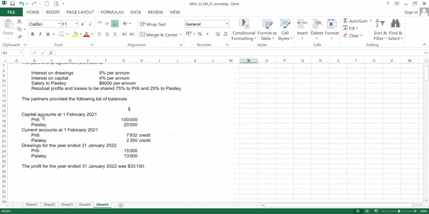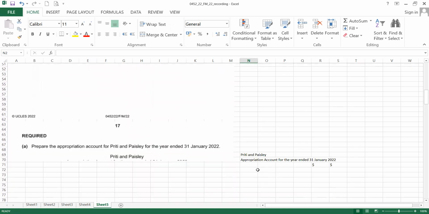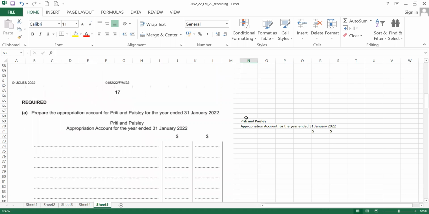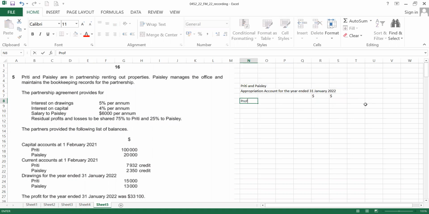So here, capital, current account, drawing account. The profit for the year ended is 33,000. So let's see. They asked to prepare the appropriation account. The appropriation account starts from the profit for the year. So the profit for the year given is